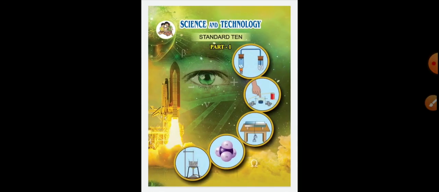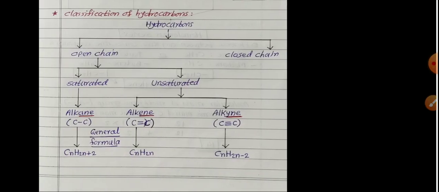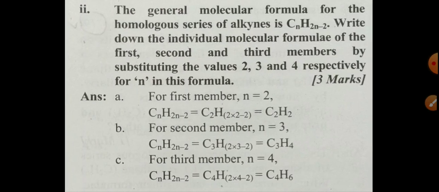So today we learned about hydrocarbons. There are two types of hydrocarbons, saturated and unsaturated, and whatever concepts are given related to functional groups and so on, all of you listen to this video carefully and answer the questions given in our assignment. On the last page, assignment questions are given, you check that. Some questions are of 1 mark, or 2 marks, or 3 marks, or more, as per our paper pattern.